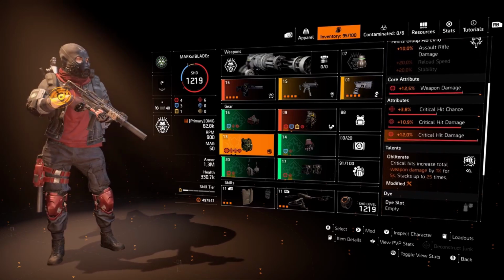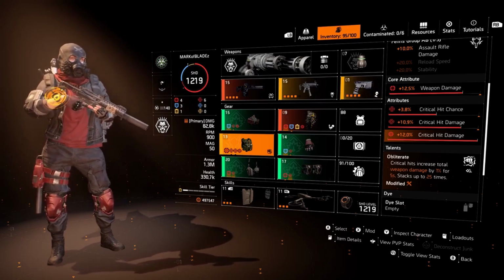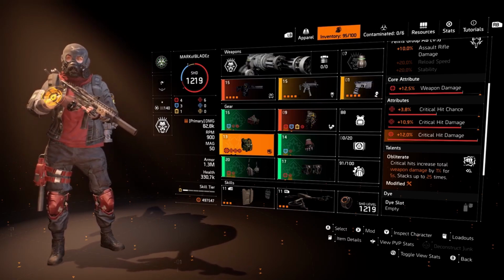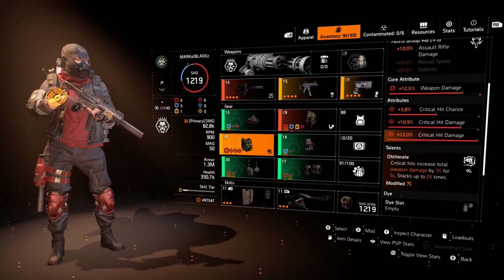The talent we are using is Obliterate. Critical hits increase total weapon damage by 1% for 5 seconds, stacks up to 25 times. Using this talent is going to allow us to have better damage at range, and you're going to see that in the gameplay today. Whereas if we had Intimidate, you'd only get most of that damage within that 10 meters,